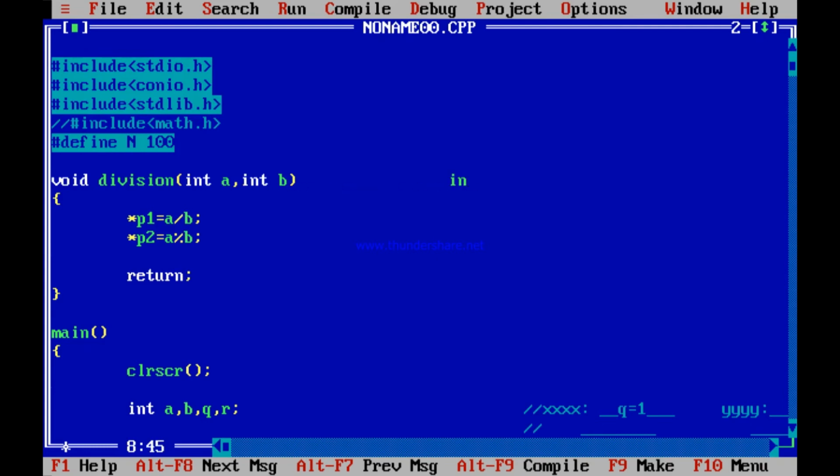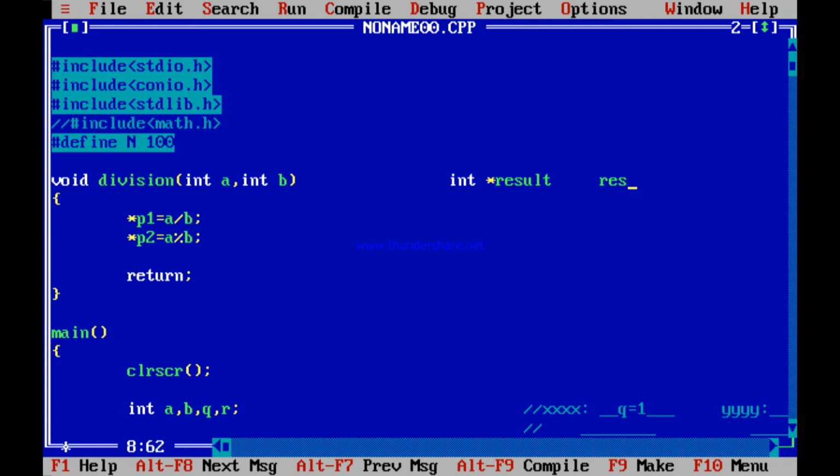Suppose I declare an int star result over here. If I declare int star result, what does that mean? It means result is a pointer. Result is nothing but a pointer.